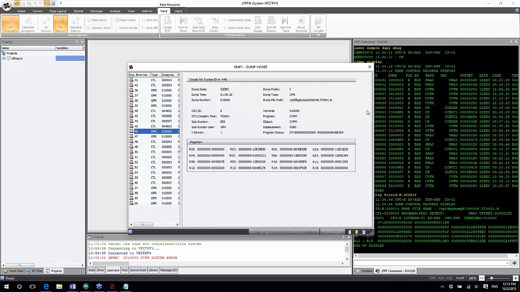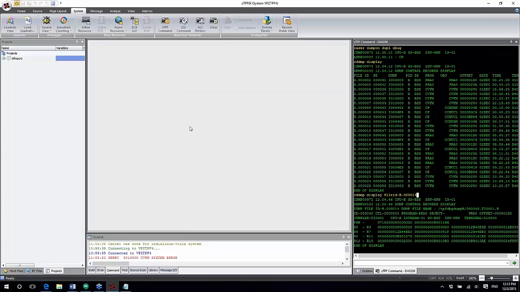So if I close this, this closes the dump viewer. Now, one thing I would like you to be aware of is, let's just go to the System tab. I showed you towards the beginning of this webinar that the active resource was the ALC1 terminal. Just because you've closed the dump viewer window, the dump viewer is still your active resource. You can tell that because it says DMP1, and you can see the little blue